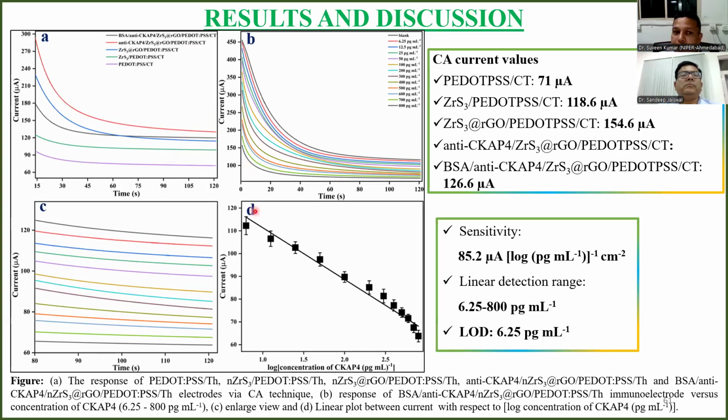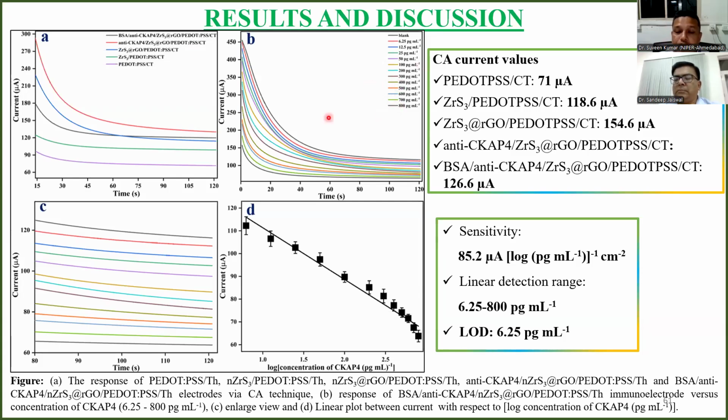and we got its optimized peak current within 120 seconds. So on the basis of this, we can use our developed electrode for the detection of CK biomarker for point of care devices. After this basic characterization, now we have moved to the main electrochemical study, that is the biosensing study,